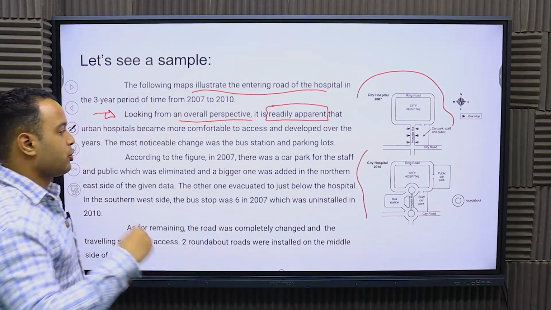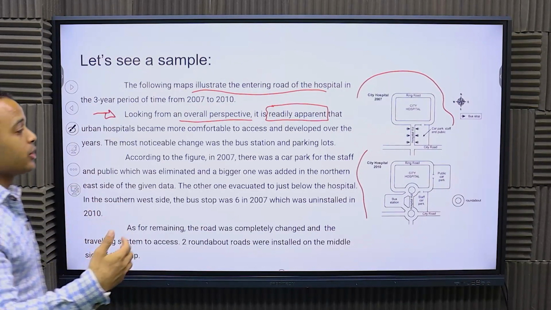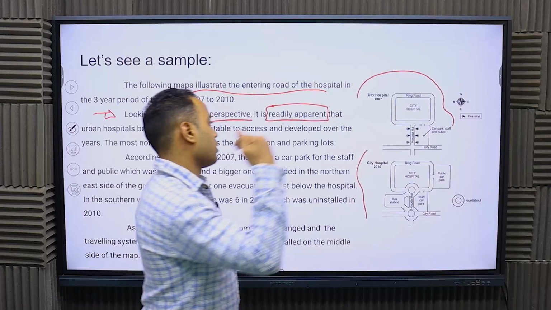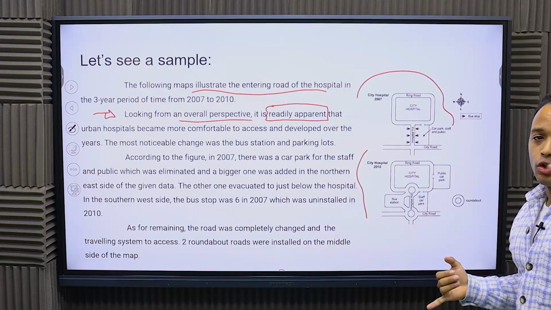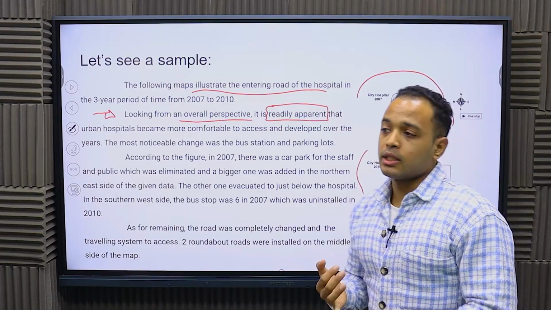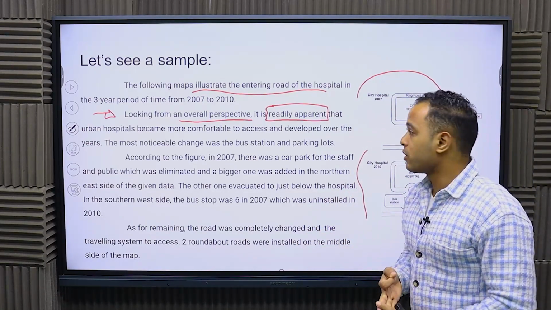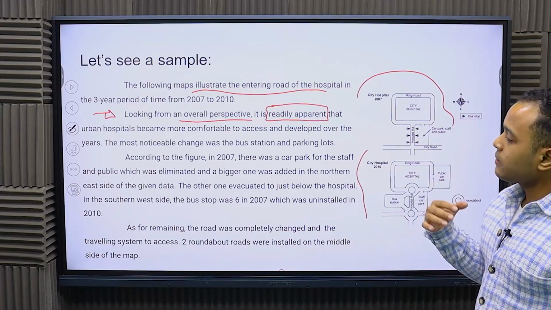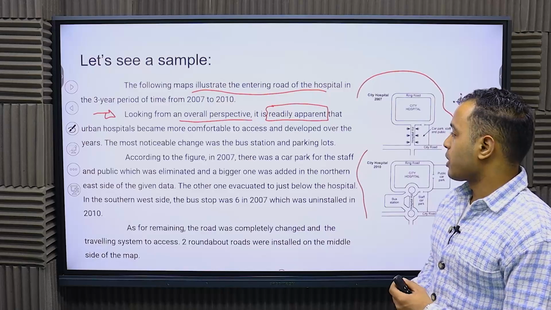Some people will tell you don't use these introductory phrases, but they are very good if you are targeting score band 7 or score band 8, which is you can start with it's so obvious, it is extremely obvious, it's readily apparent, it is clear that all these sentences are really fine to use regarding your first paragraph